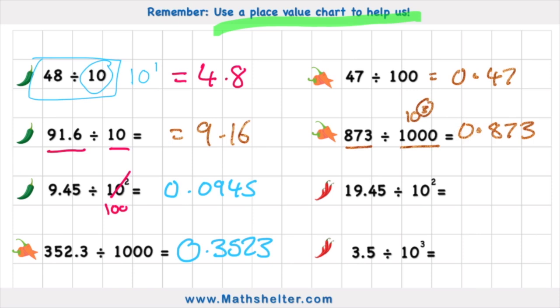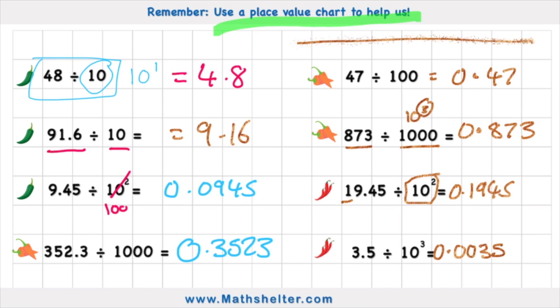as my answer. 10 to the power of 2 means I'm going to be moving 2 places, and the 1 in my tens column will therefore be in my tenths column. So again, 0.1945 would be my answer. And finally, the last challenge, 10 to the power of 3, we know means I'm moving 3 places. So if my 3 is at the moment in my ones column, 3 places down my place value chart is in the thousandths column. So I can put my 3 in the thousandths, my 5 in the 10,000ths, but then I'm going to need a placeholder in my hundredths and a placeholder in my tenths, put back my decimal, put a 0 in front of it if I want, and my answer is